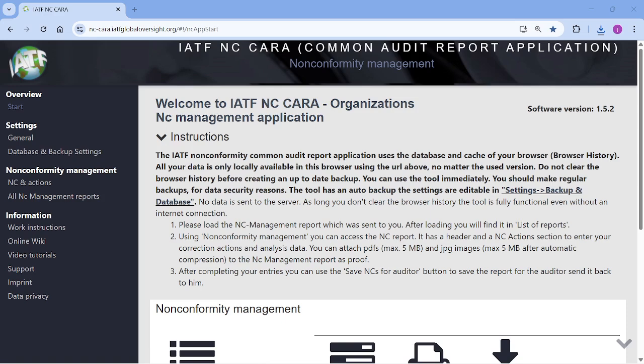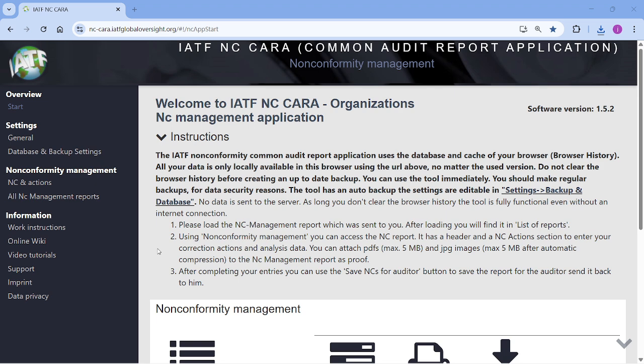Hello, in this video I'll present a practical example of how non-conformities issued during a certification audit to IATF 16949 should ideally be dealt with. At the end of the audit, at the closing meeting, the auditor has to present a draft report with conclusions and audit findings. Then the auditor will send the draft report by email, along with a file with extension JSON or